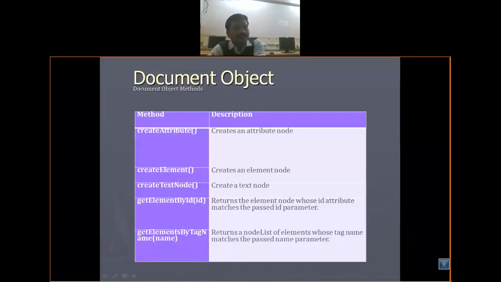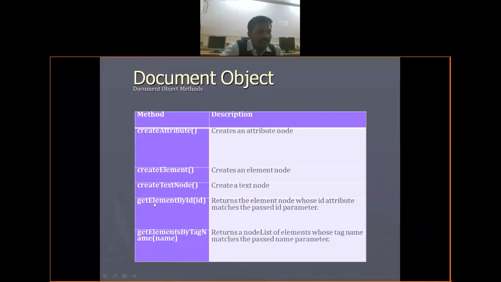Document object methods: createAttribute, createElement, createTextNode, and getElementById. Suppose I want to find out the value of a particular id.